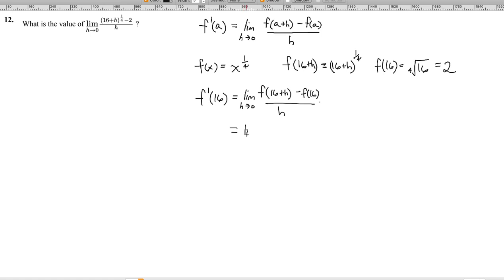And what we get here is the limit as h goes to 0 of 16 plus h to the 1/4 minus 2, over h. And now we see that f prime of 16, where f of x is x to the 1/4, is exactly